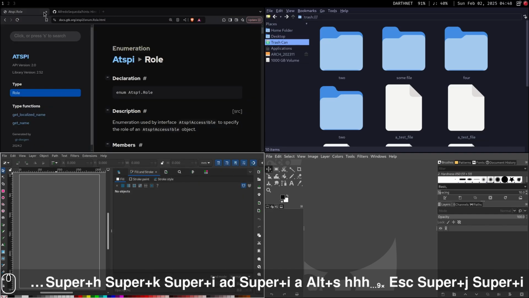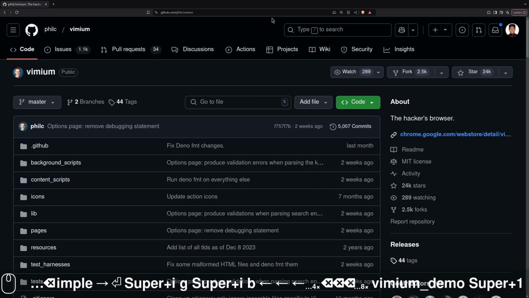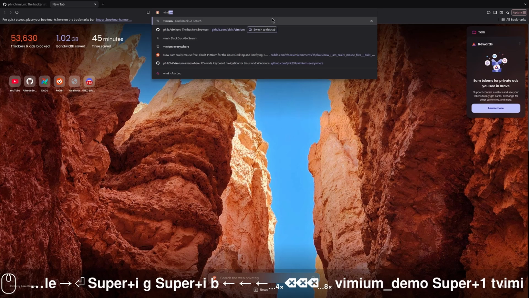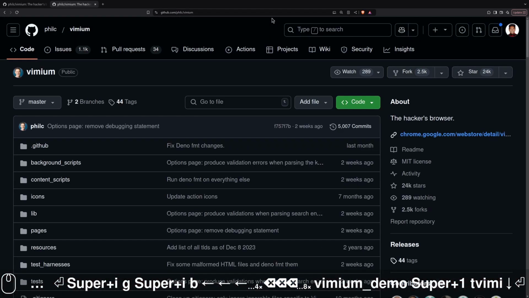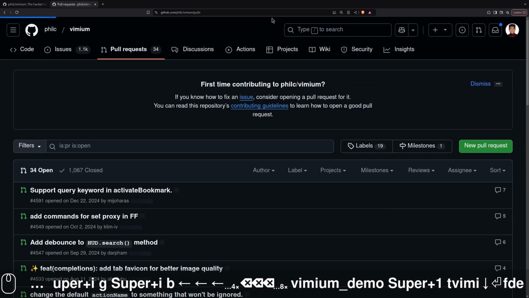So I made Vimium for the Linux desktop so you can navigate GUIs without using your mouse. If you're not familiar with Vimium, Vimium is a browser extension that lets you navigate your browser using Vim-like key bindings. For example, you can use T to open up a new tab or HJKL to scroll through websites, but I think Vimium's best feature is using the F key, which shows you hints on the website of elements that